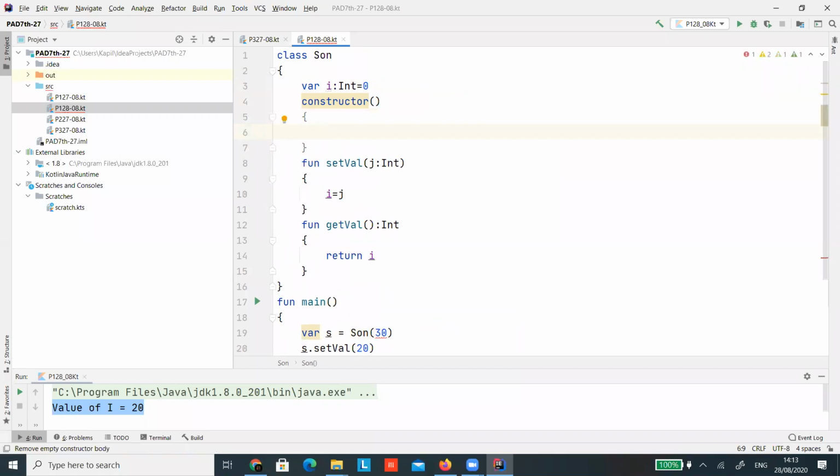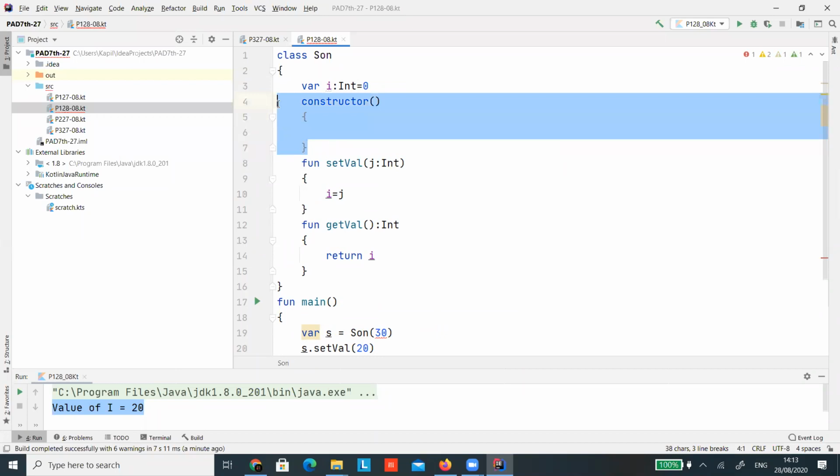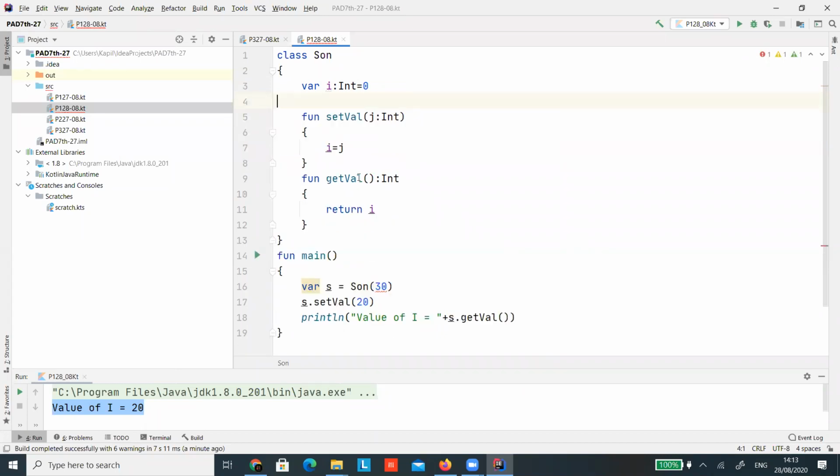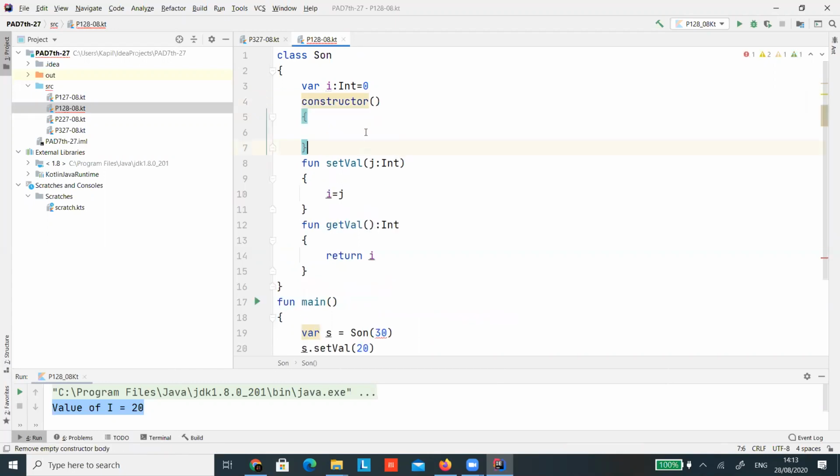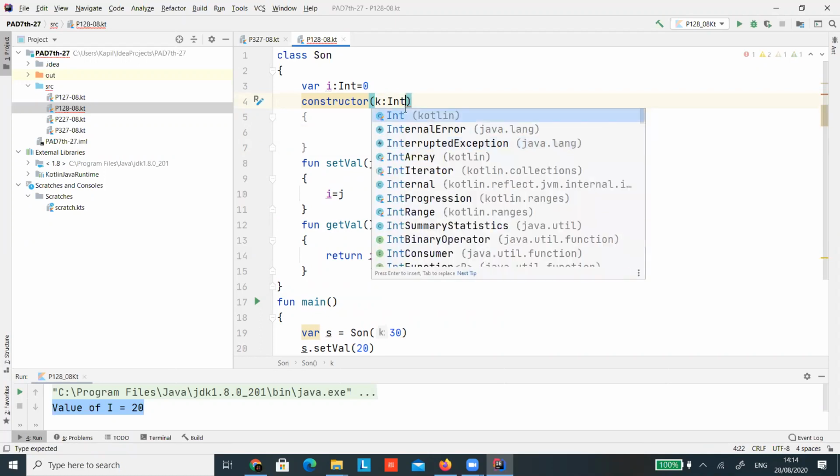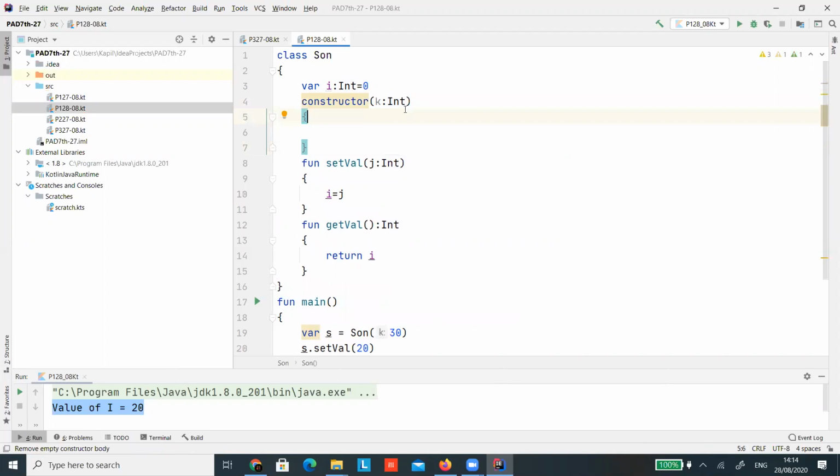This is a constructor. Okay. So before that, I would like to show you that when I didn't write this code, it is working properly. Now I'm writing, okay, integer I equal to k.